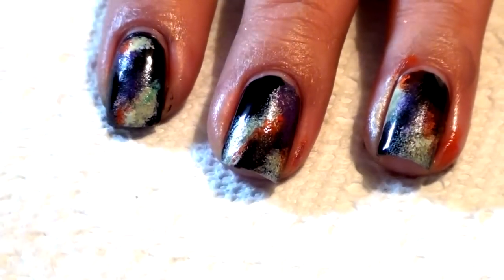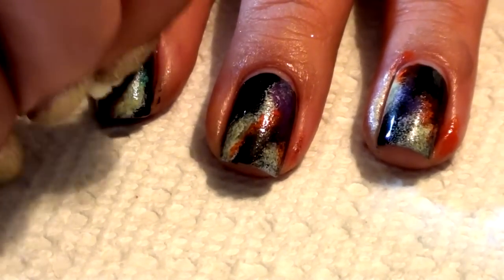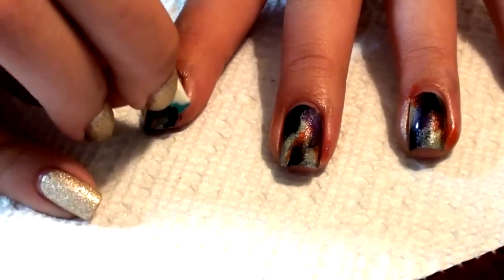Oh my gosh, guys. This is so hard to do. Try to make a nail tutorial just on your own. You don't have to upload or anything, and just see how hard it is to make sure that your hand is in frame, because this is so hard. I don't know how some people do it, but...